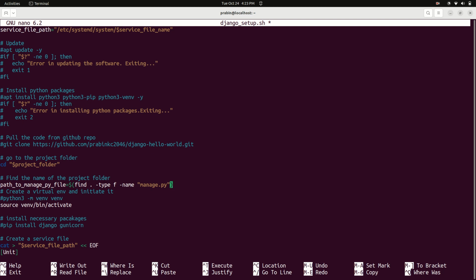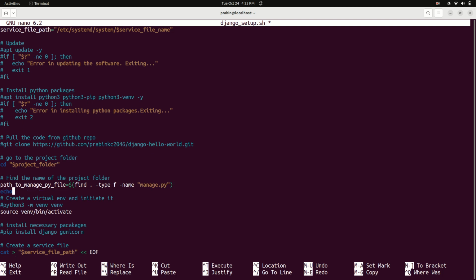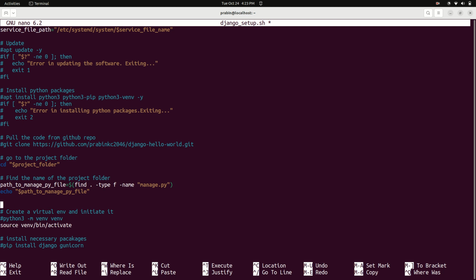So when I run this command, I want to echo this $path to manage.py file, and then parse the name of the project directory where we need to go, which is